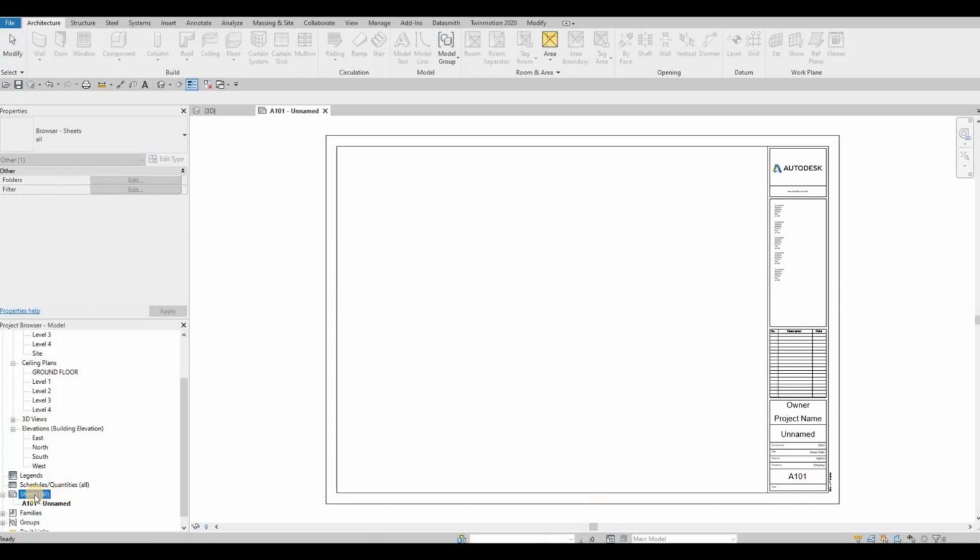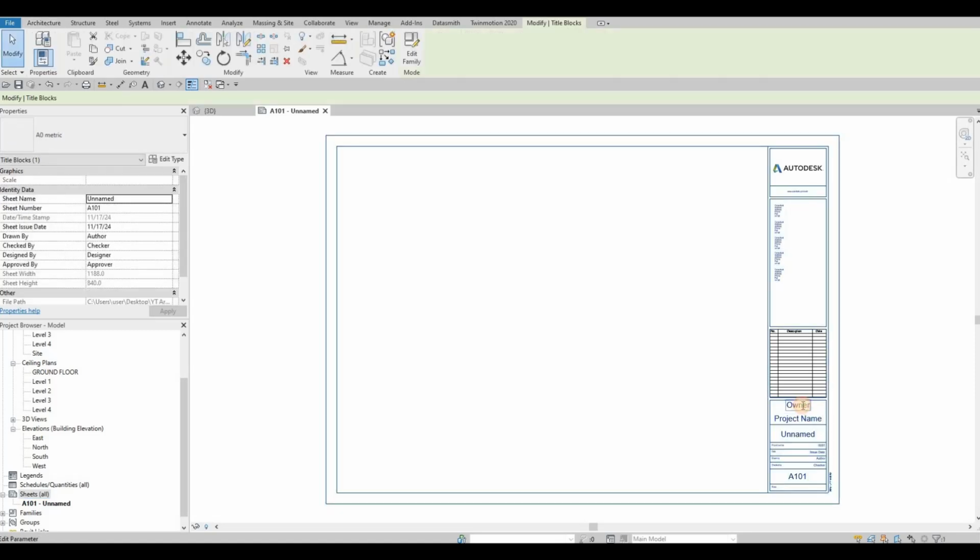So the next time that we create a sheet, Revit will recognize the sequencing and it will be A102. So now we're gonna change the owner here. It will be ACD. Project name will be Marlon G House. And then you can change the title name or sheet name here. So we're gonna put cover sheet,